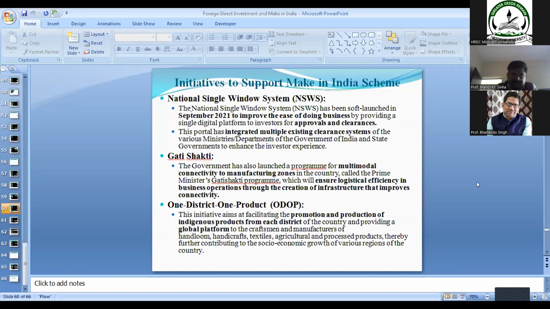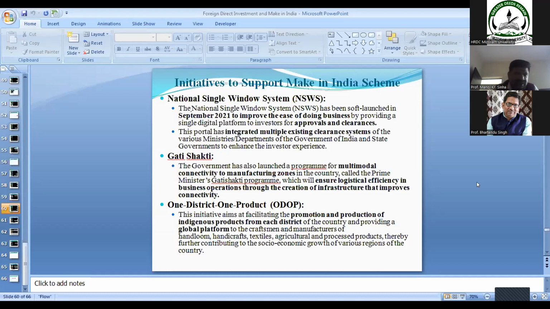This integrates multiple existing clearance systems of the central government and state governments to enhance the investor experience. Another important initiative of Make in India is Gati Shakti, a program for multi-modal connectivity. This is related to connectivity and movement to the manufacturing zones in the country, called the Prime Minister Gati Shakti program,